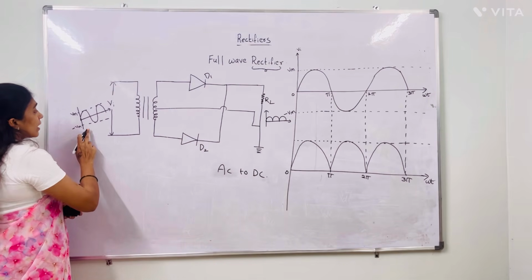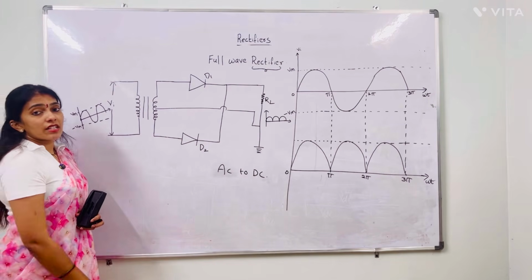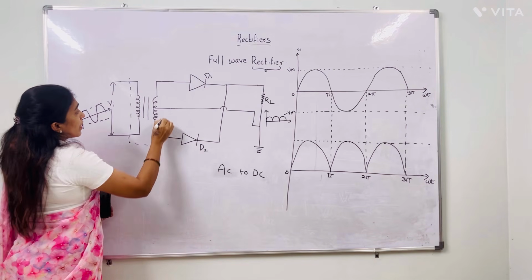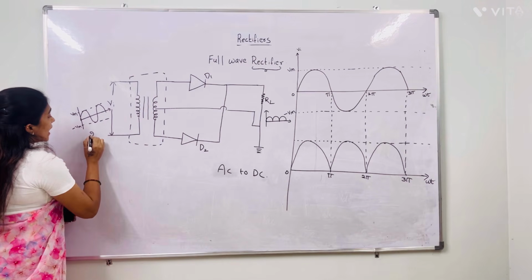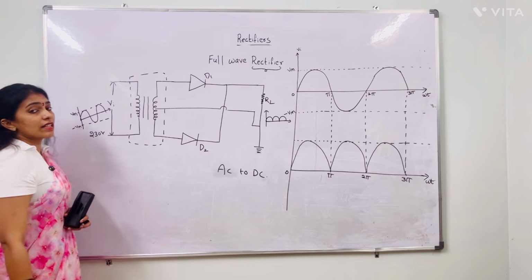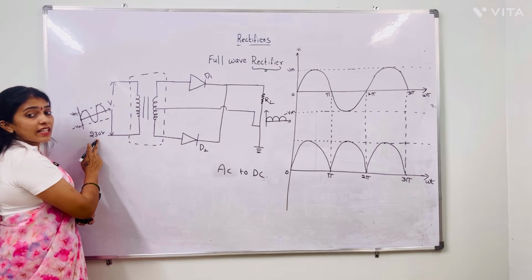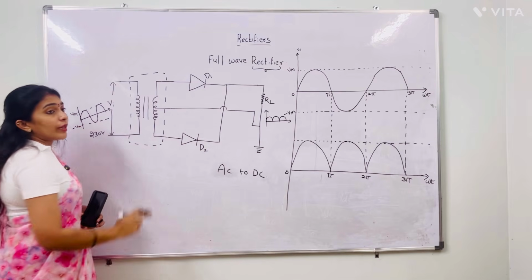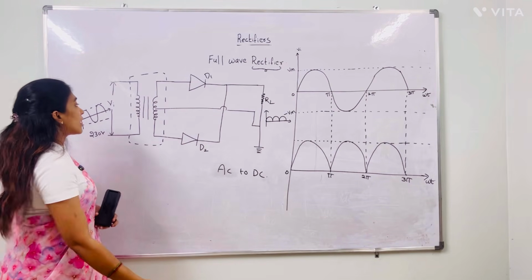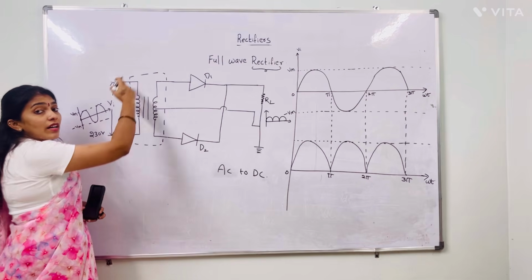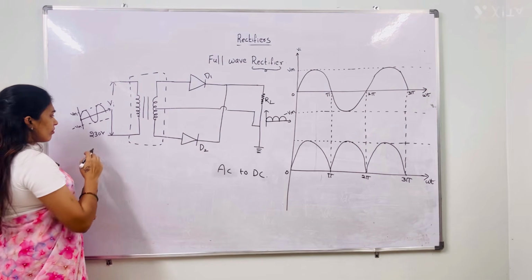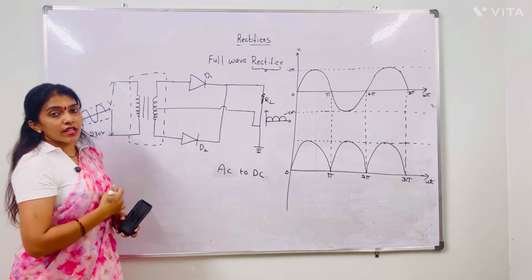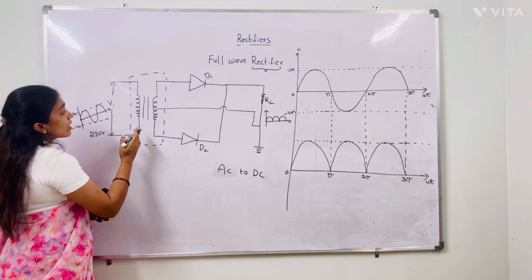Right. So here the input bidirectional signal, AC input, is given to the step down transformer. Here the AC input is a high voltage signal. If this high voltage signal is given to the diodes directly, then these two diodes are going to be damaged. So to avoid that condition, we use the transformer. The transformer converts the high voltage signal to a low voltage signal, and here we use a center